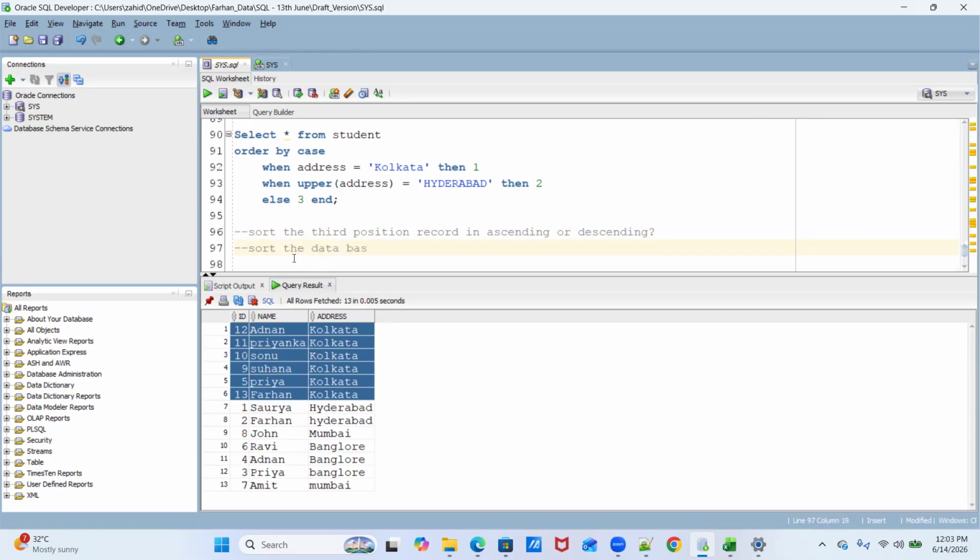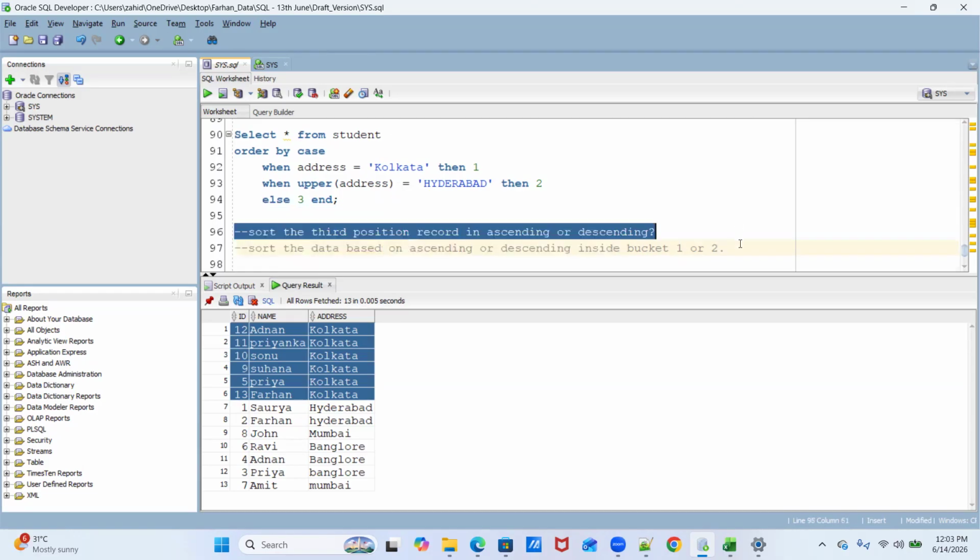Sort the data based on ascending or descending inside bucket one or two. Okay. Any question, any doubt? No. Yeah, we'll work on these. Can you think around these two questions? Yeah. Okay. Sure.